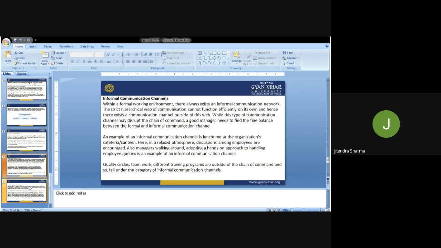An example of an informal communication channel is lunch time, a party time or tea time at the organization's cafeteria or canteen. Here, in a relaxed atmosphere, discussion among employees is encouraged. Also, a manager walking around, adopting a hands-on approach to handling employees, is an example of an informal communication channel. Quality circles, teamwork and different training programs are outside of the chain of command and so fall under the category of